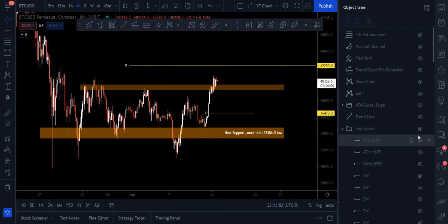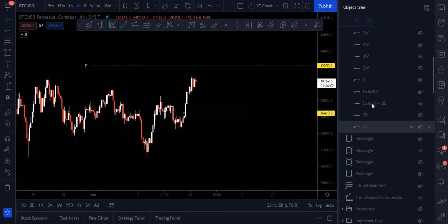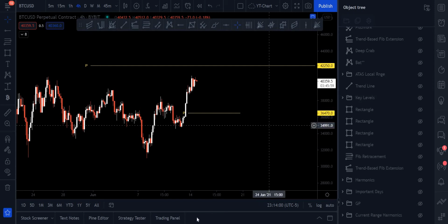We've got our key levels here, right? So let's go ahead and turn off these rectangles. We don't need them anymore. And let's look at some volume data real quick here. Obviously, I've been using